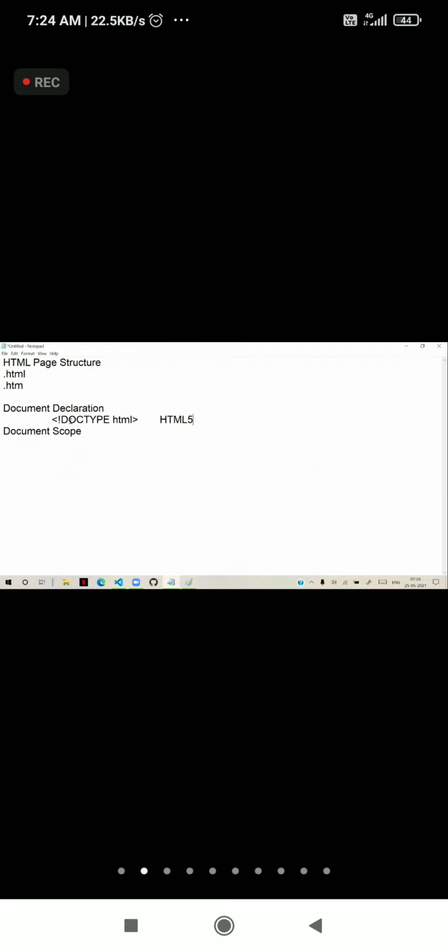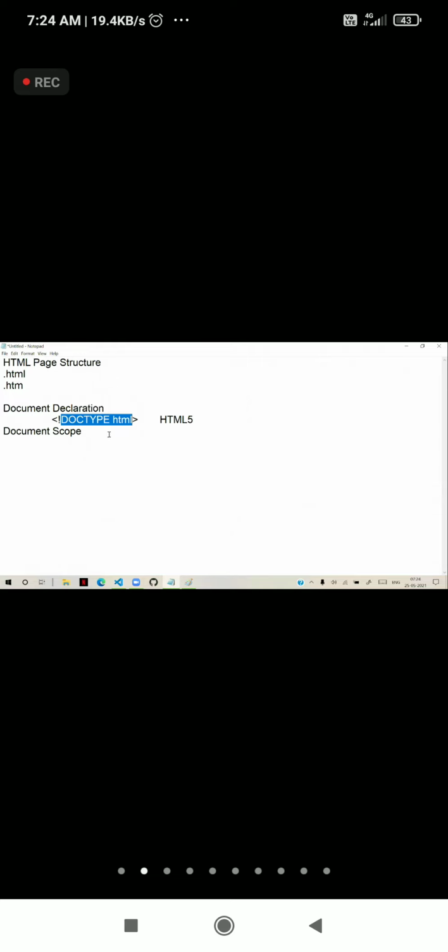So this is the line newly introduced in the HTML file to tell the browsers that this is the new version of HTML. So browsers can use the new parsing techniques and translate in a proper way. So the point is, you have to tell the browser which version of HTML you are using.